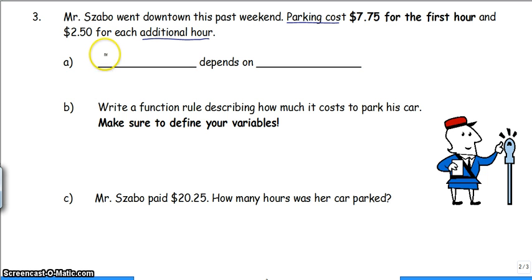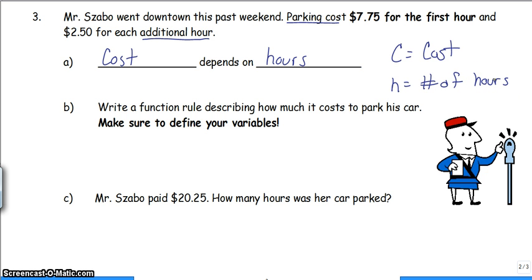So cost depends on hours. We can define our variables. C will be our cost. Let's make that look a little better. And H be the number